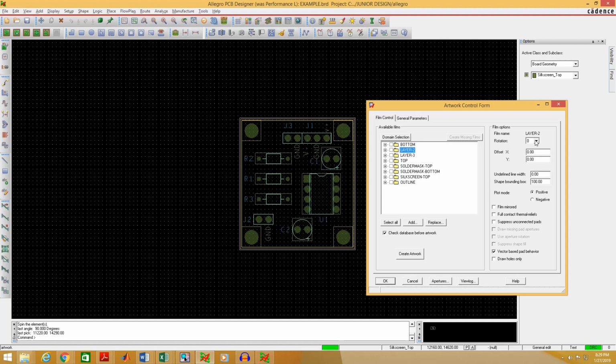On the right, you can set up some values. You can set up rotation angle, offset, undefined line width. We don't need to change anything here except this undefined line width. We need to make it something greater than 0. Otherwise, you might get some error. I'm going to select each of these folders and I will make the bottom layer undefined line width as 2 mils, layer 2 2 mils, layer 3 2 mils, top layer 2 mils,